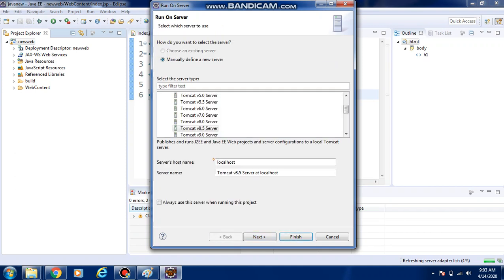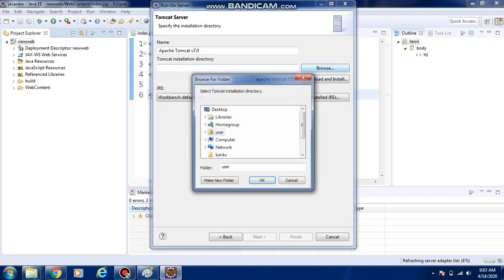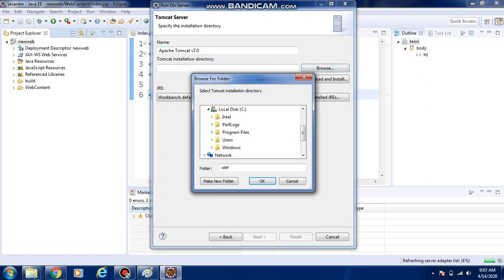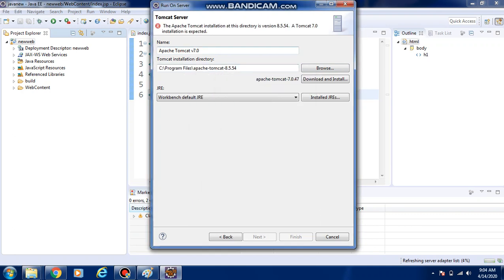For example, I am selecting the 7th server here, and whenever I browse to the 8.5, what error is it showing? The Apache Tomcat installation directory version is 8.5.4, but the selected server is Apache 7.5.